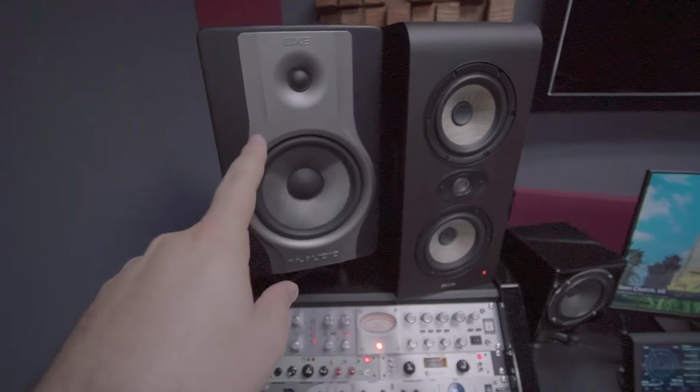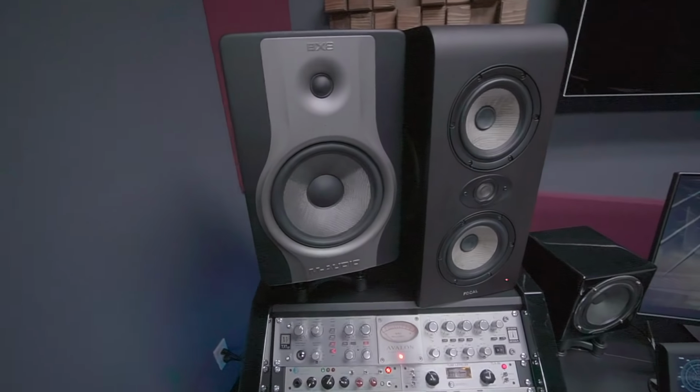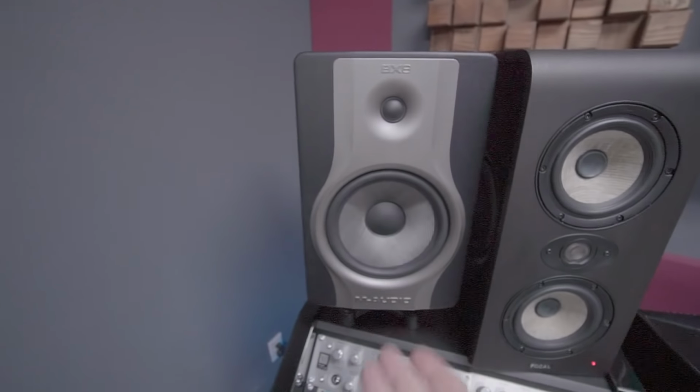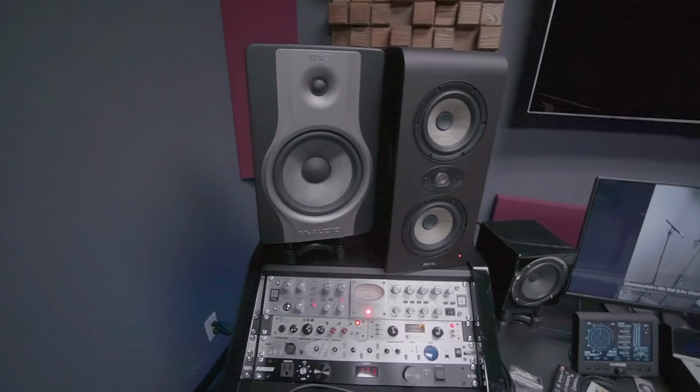These guys are what I started out with. The older iteration is what I started out with 13 years ago. I bought the first set of BX8s. This is called the BX8 Carbon Edition. And basically those things served me so incredibly well for like 9 years until the left side of it just stopped working. And then at the time I was super broke, was still working at Best Buy, and I needed to keep making music. So I ended up buying the Carbons to replace the original because I didn't have any money. The pair, including damage protection and tax, was like $700. And these guys were still my main speakers up until a couple months ago,